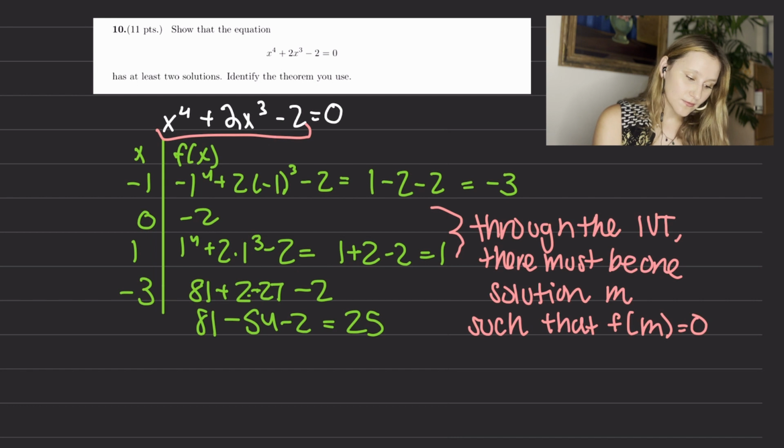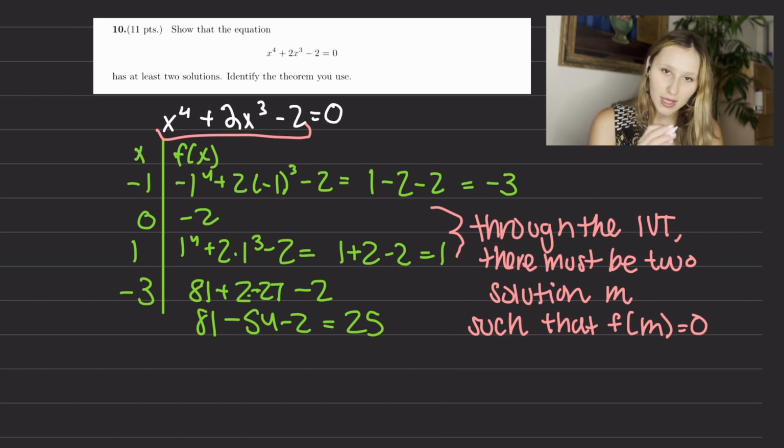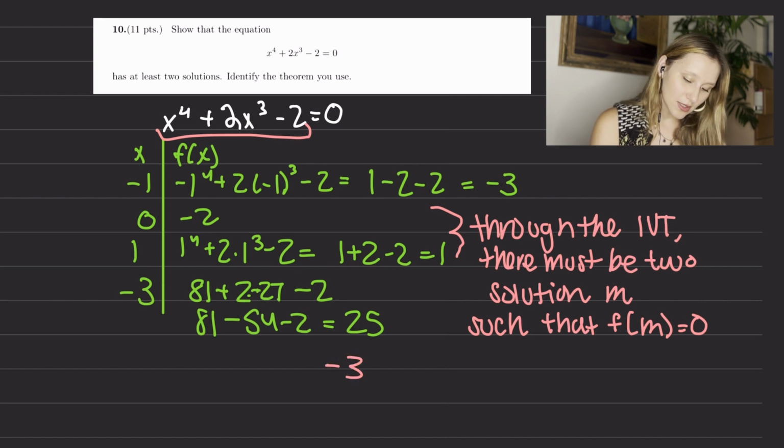There must be two solutions. And we know exactly where they are, but we're not going to tell you what they are because ain't nobody got time for that. So we know that there's one solution